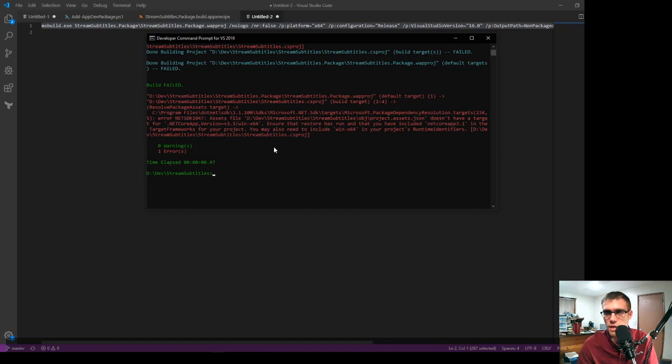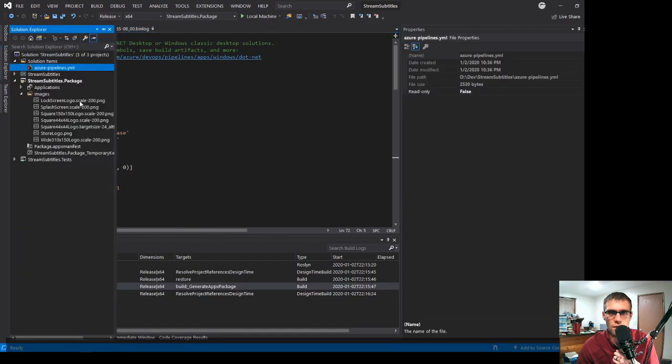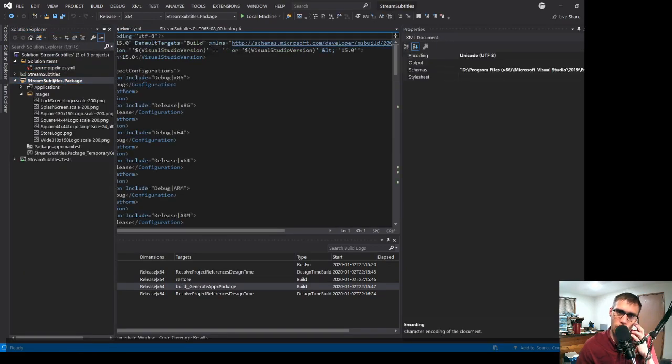It wants .NET SDK 3.1. Wait. What do I have installed? Okay. Sure that the restore has run. You've included in the... Win x64 in your runtime identifiers. See, this is why things get confusing. Okay, so